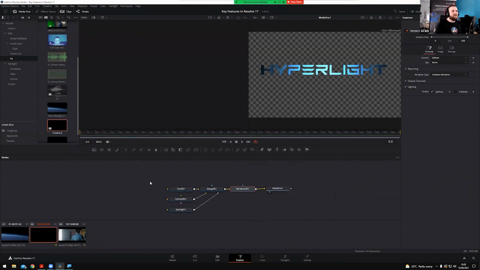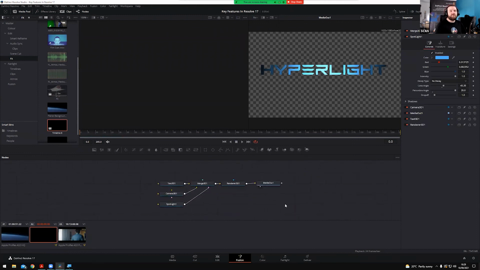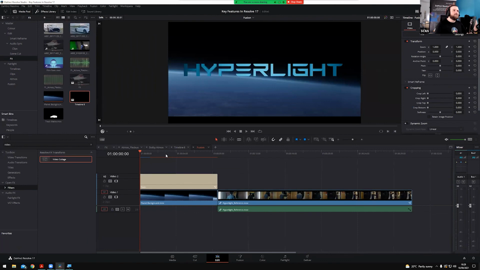The last thing that I'm going to show, I'm sure you'll be glad to hear, to get me to shut up a little bit, is to do with what's called the animation curves. Previously in Resolve, if I applied an animation to a template, say I've made a text template here, and I had an animation where it started off dark and the light pulled out from it to reveal the title, which in this case is Hyperlight,